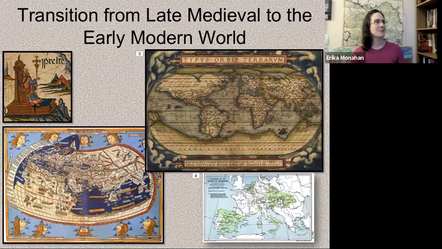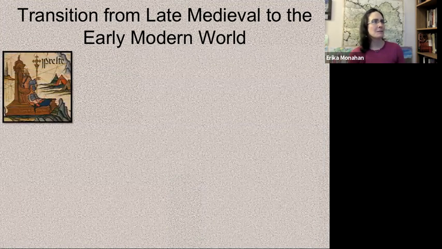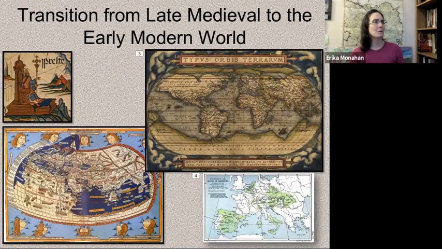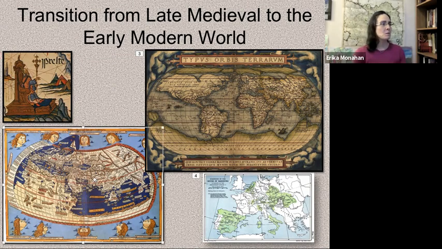Okay. So when we talk about the transition to the early modern world, we're talking about a world that transitions from legends of Prester John. Here is a medieval manuscript depiction of Prester John, who was believed to be off in Africa, somewhere, as the leader of a Christian kingdom in Africa. And this was the worldview